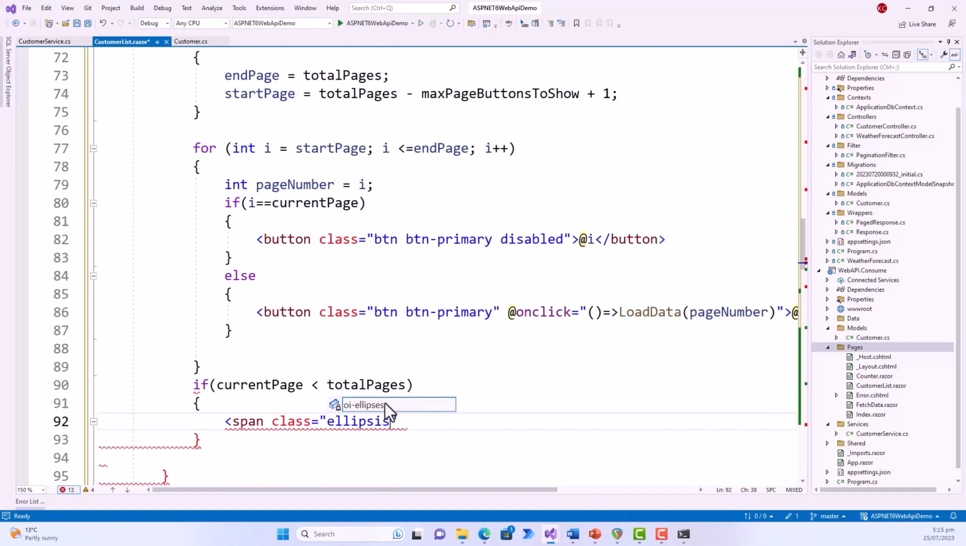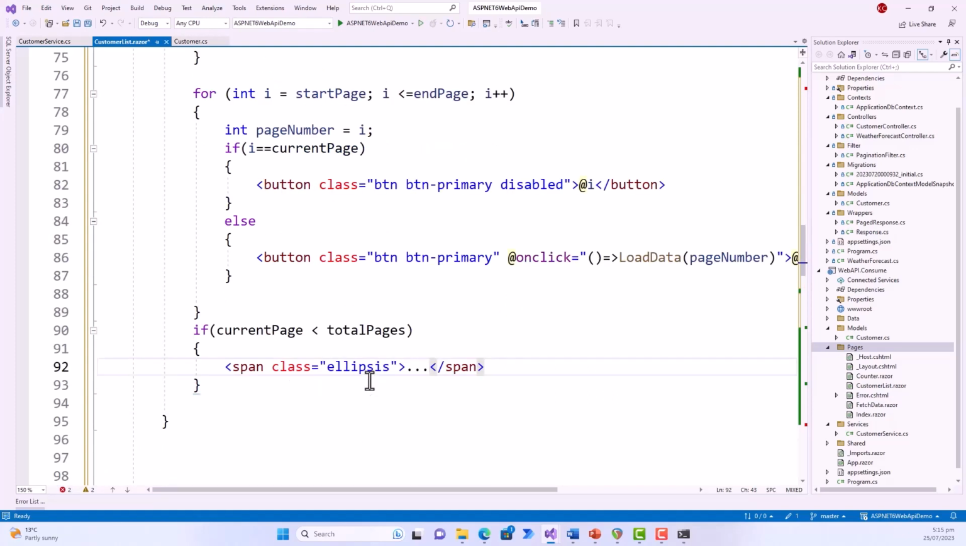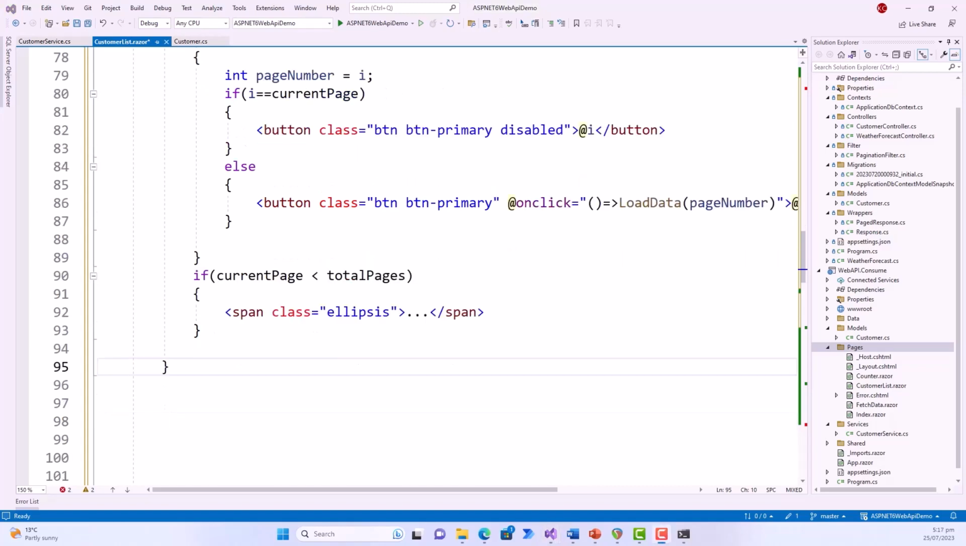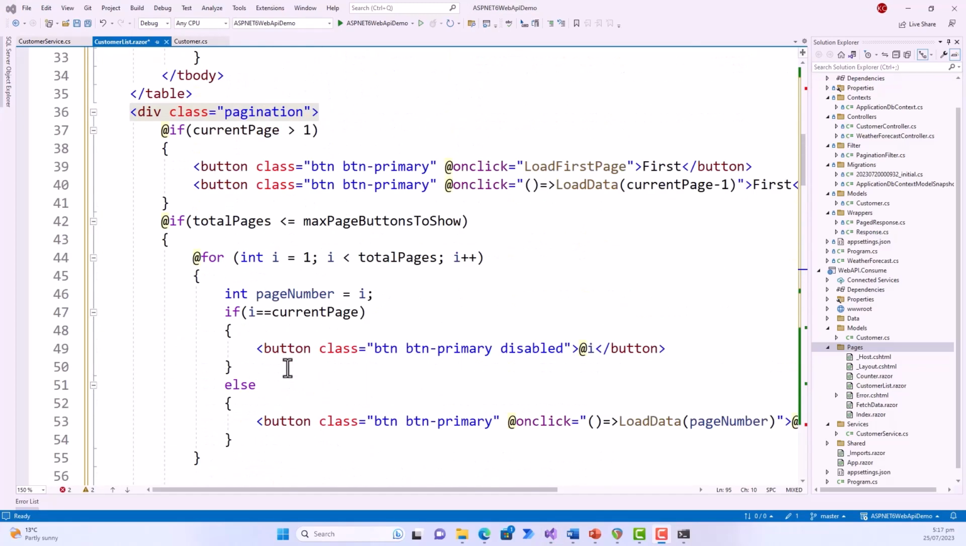Ellipsis: three dots will simulate an ellipsis. Okay, so here, now, finally, if the current page is less than the total pages, display it. Remember here, if you revisit, if the current page was greater than 1,